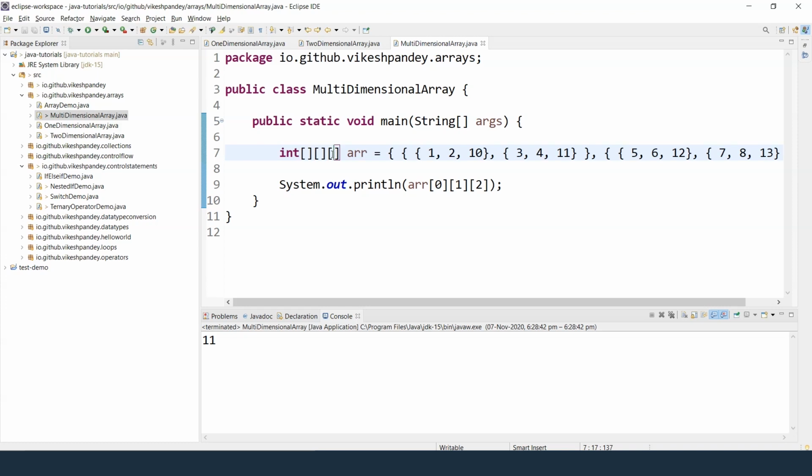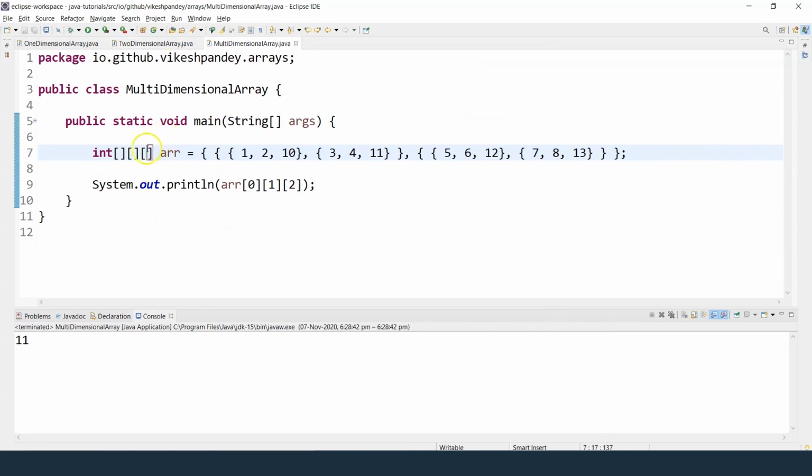Since in this program I'm going to demonstrate a 3-dimensional array, you see 3 square brackets. Let me just minimize this. Yep, so we have 3 square brackets here, and we have named the variable arr, short for array. Then we start with the outermost curly braces as is.